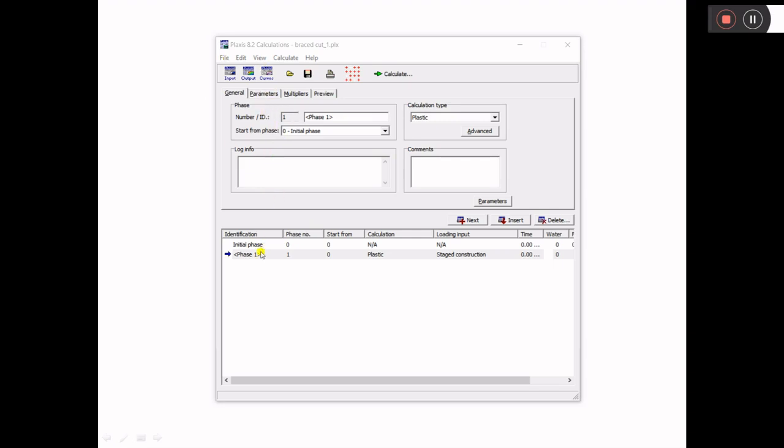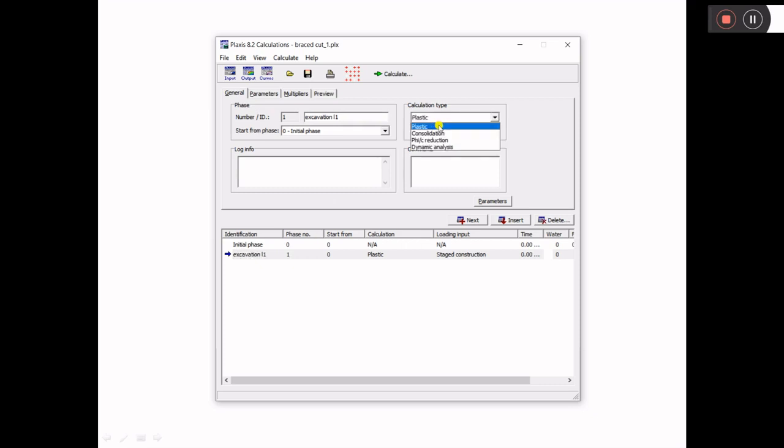So for defining a phase, you just click here and name your phase here, like I will start from excavation level 1. The initial phase is automatically defined, you don't have to change it. So what type of phase is this? This is a plastic phase or consolidation.